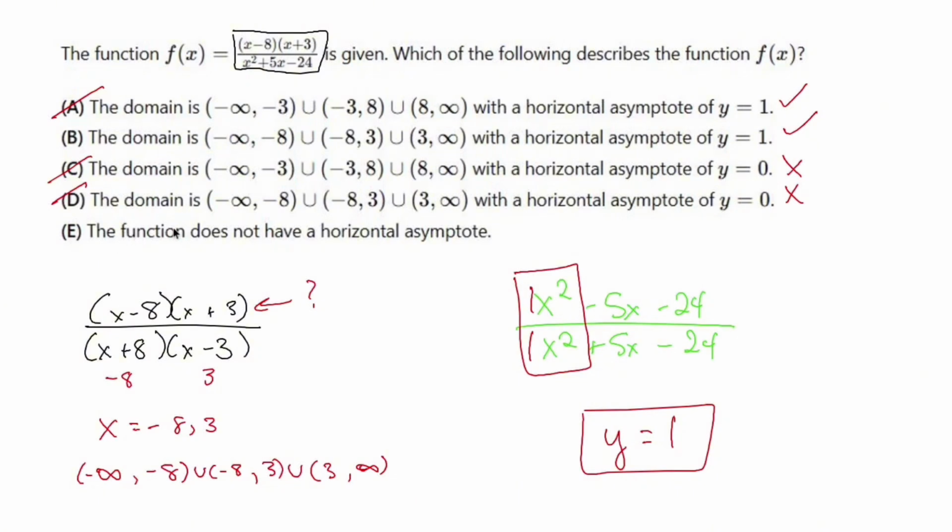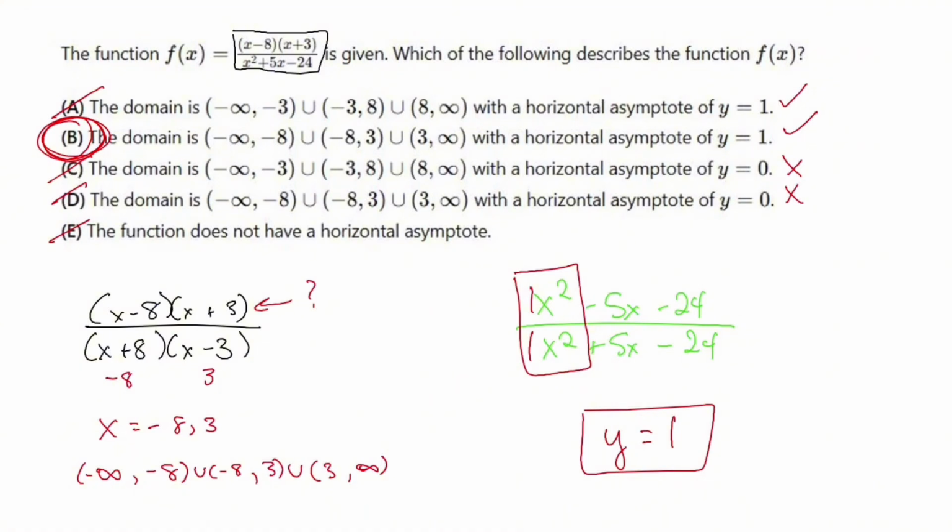Now, if you're like, whoa, whoa, whoa, when won't it have a horizontal asymptote? If the degree in the numerator is higher than the degree in the denominator, then it won't. But since they're the same, everything simplifies out nicely to just a regular 1, which means my domain is that option, and my horizontal asymptote is that option, and my answer is that option. Or as Soldier Boy would say,